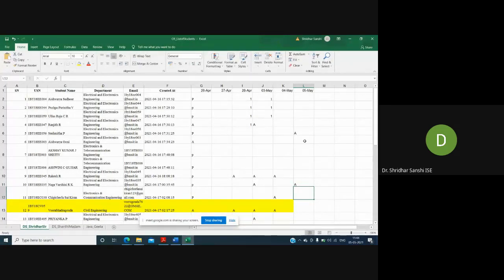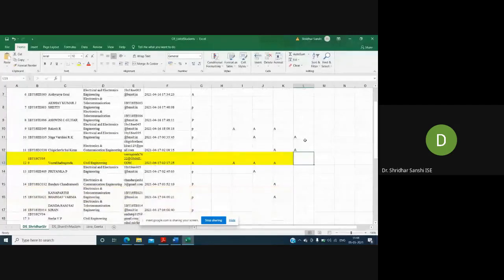Next, Nagavarshini. Absent. Sai Kiran. Absent. Veerabhadra Gowda, Civil. Absent. Priyanka. Yes, sir. Chandramouli. Present, sir. Bhargav Verma.